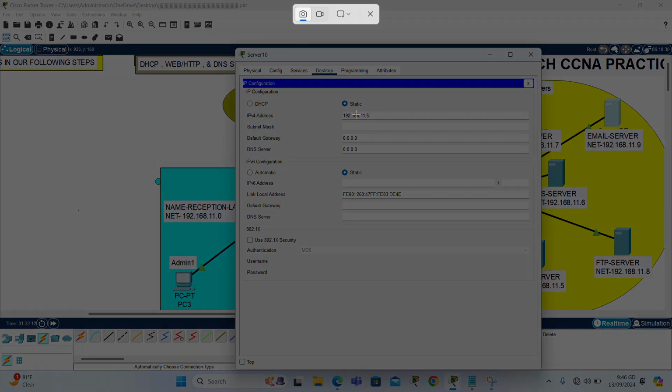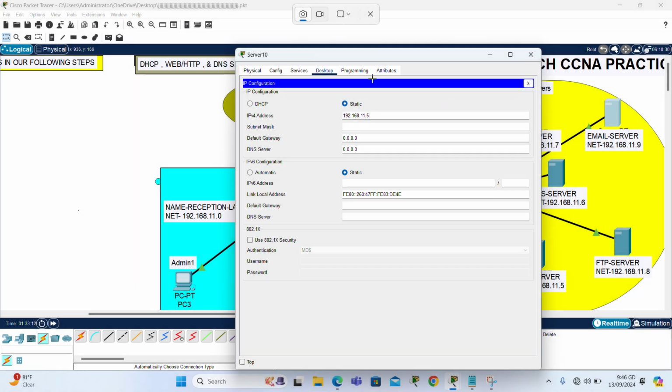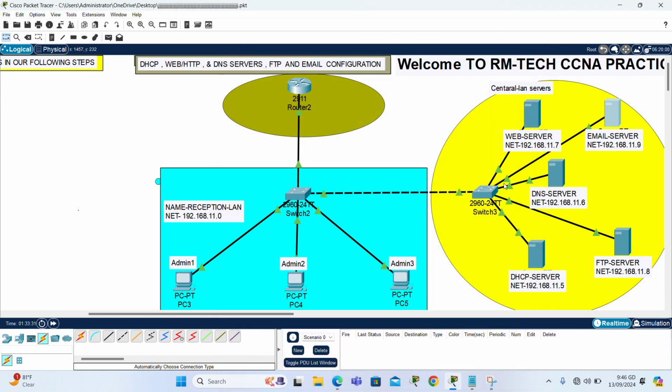11.9. And the DNS server is 11.6. Now we have finished assigning the IP addresses for all the servers. So in our next step,